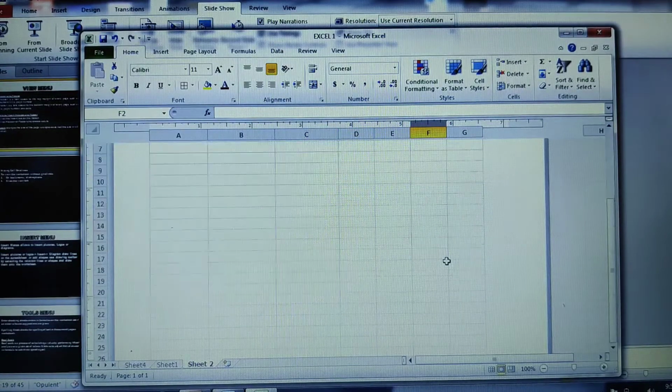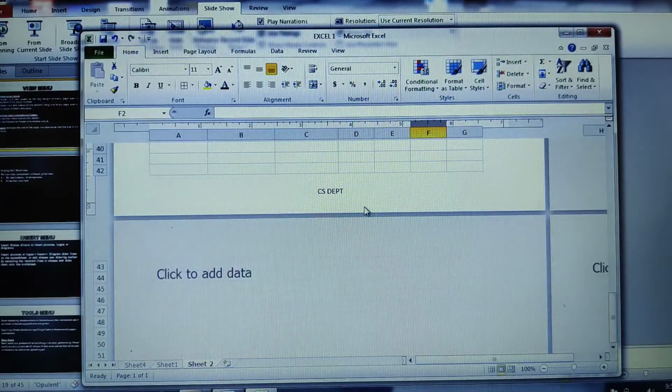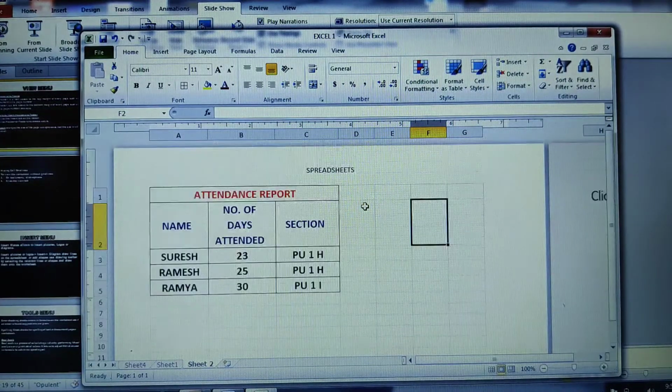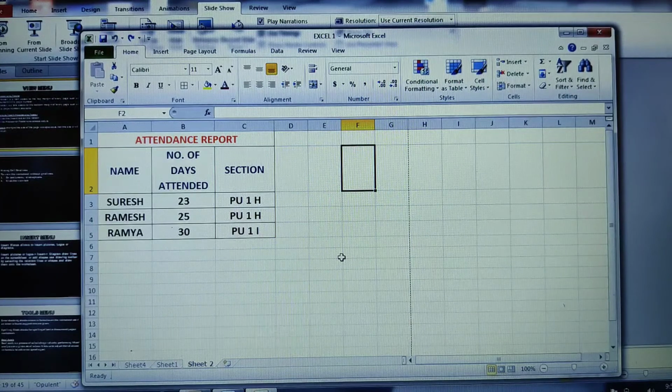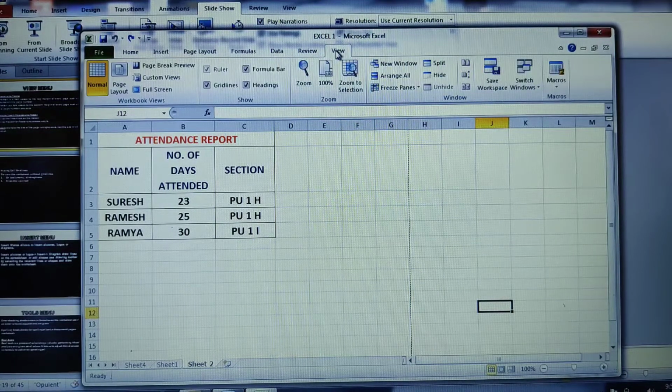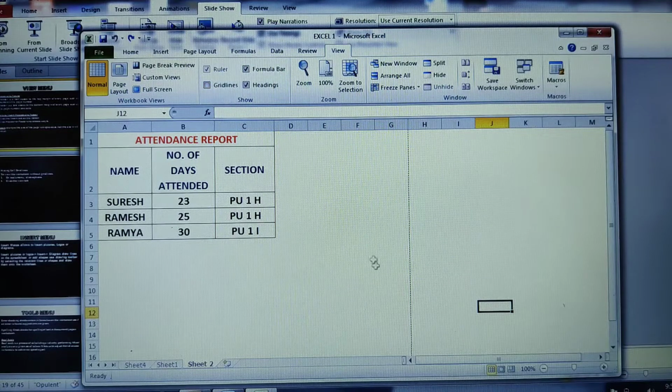Can you see the header? It is appearing here and the footer is appearing here. Now again, you can even hide the grid lines also. Can you see the back end? Some grid lines you are able to see here, but I don't want these grid lines to view. So what I do is I'll just go and uncheck under the View tab. I'll just uncheck the grid lines. Can you see the grid lines? No, not here, because I have unchecked the grid lines.